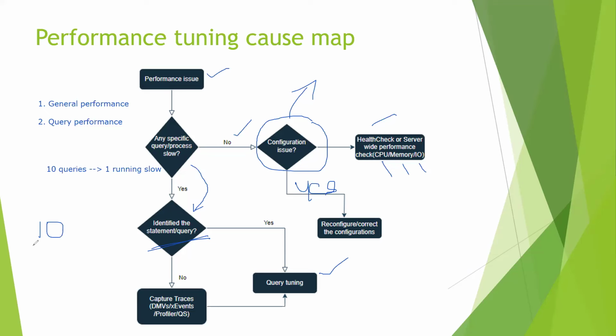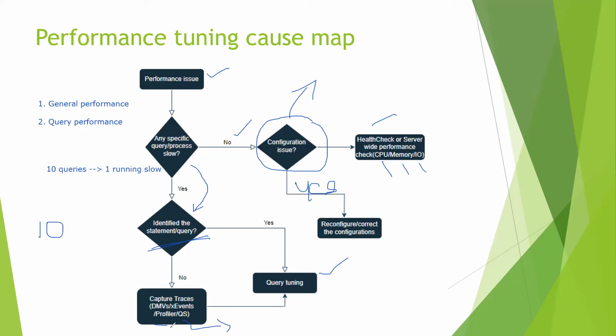So we don't know which one is running slow, right? The stored procedure has this insert, update, delete, select, whatever queries that we have. We don't know which query is running slow. So during the time of execution, we may have to capture some kind of traces. It can be DMVs, extended events, or profiler, or even Query Store. We will talk about Query Store